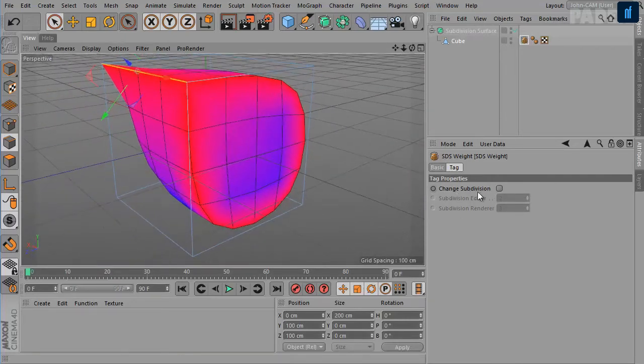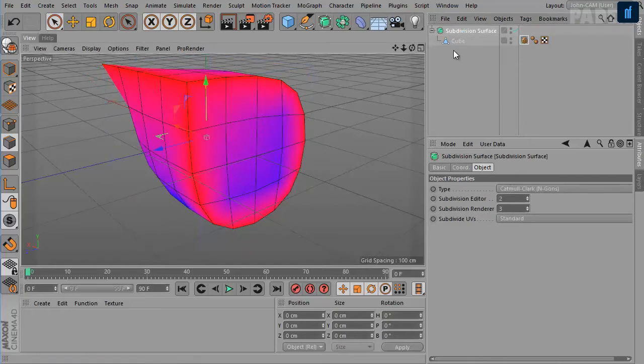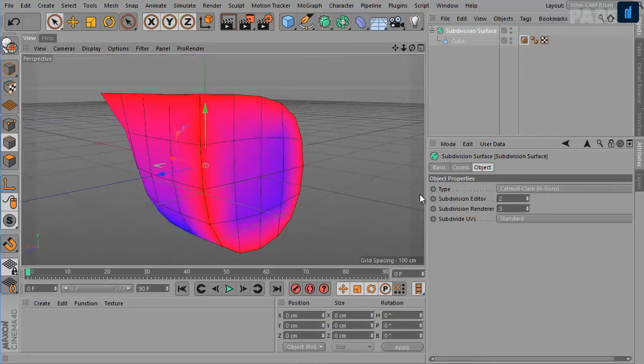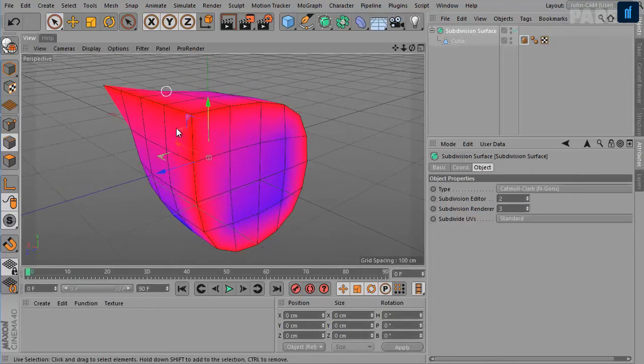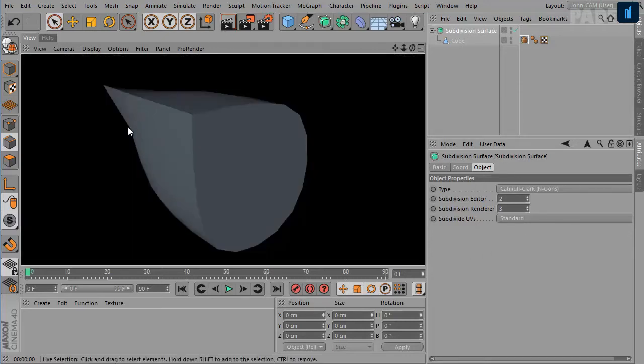Okay, and here in the attribute manager, you can also change the subdivisions. But before that, let's have a look at the subdivision editor and subdivision renderer settings here. The subdivision editor is affecting the subdivisions for viewing purposes only, in the view I mean. So if you render this, we have the subdivision level 2 in the view, but when Cinema 4D renders it, it uses the subdivision renderer setting of 3 here.